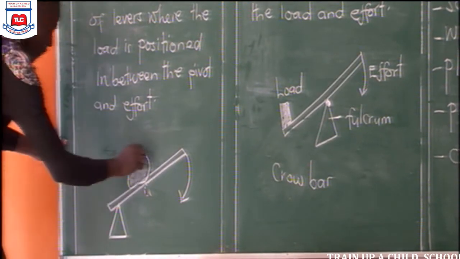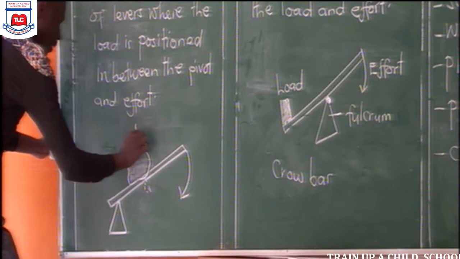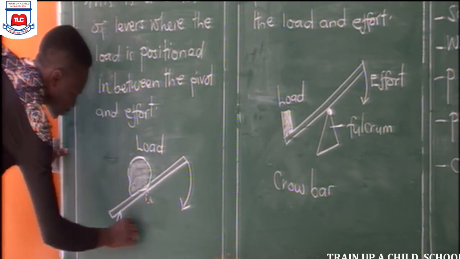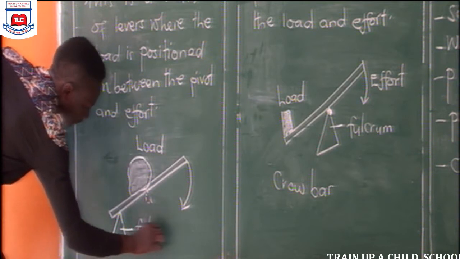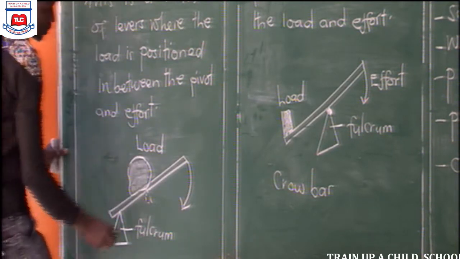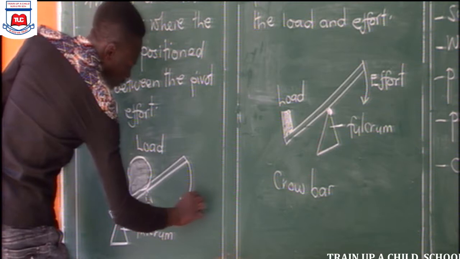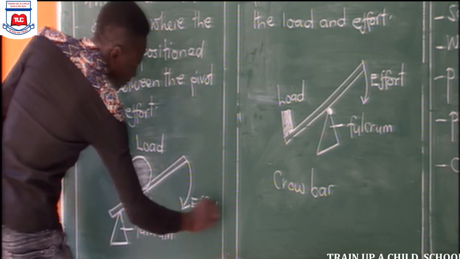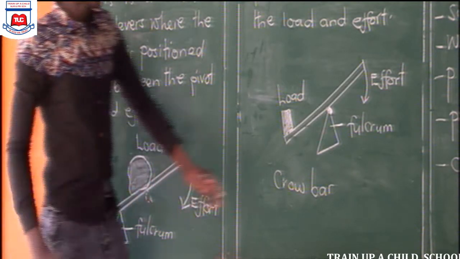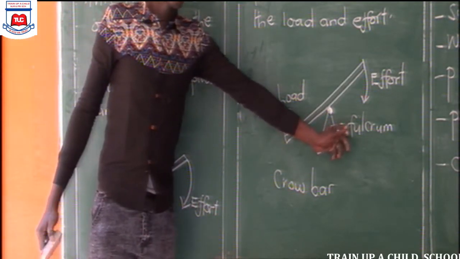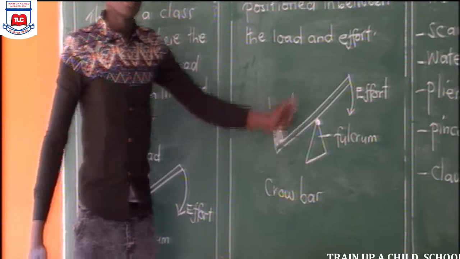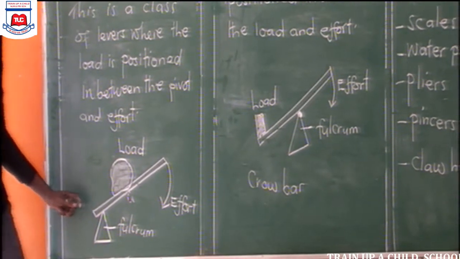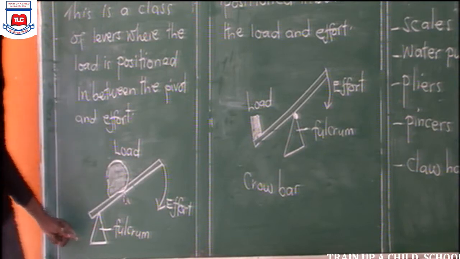So here, I shall have my load, and then this is a turning point of a machine which is known as a fulcrum, and then the force which is called the effort. So we use the same simple machine, which is the crowbar. I will use it here to actually identify the position of the load,